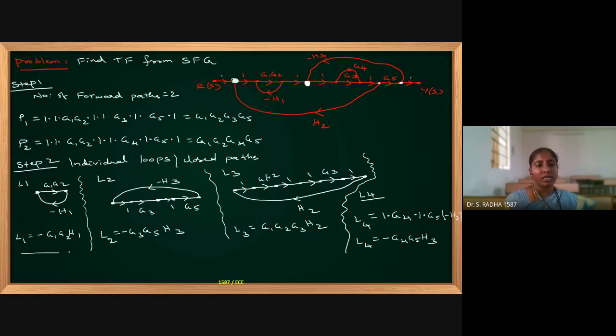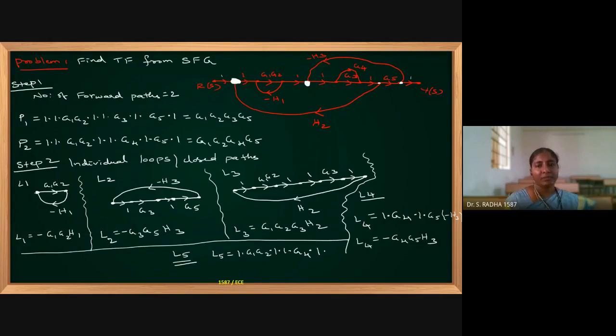And I can also try one more loop. If you see, I can also try L5, another loop. You see loop L3. G3 is there. Instead of G3, I will take the route of G4. Just I will write the product of gains for L5. I will start the same as L3, from here. I will go with 1, then G1, G2, then 1 into 1. Now instead of G3, I am taking the route of G4.